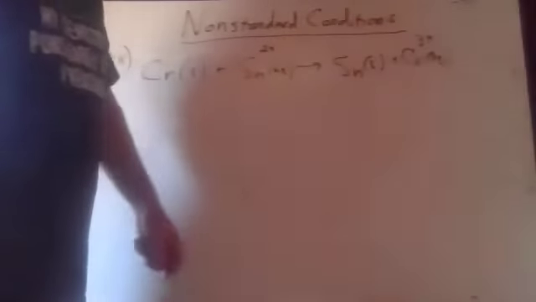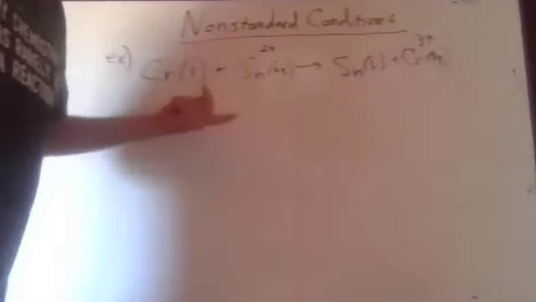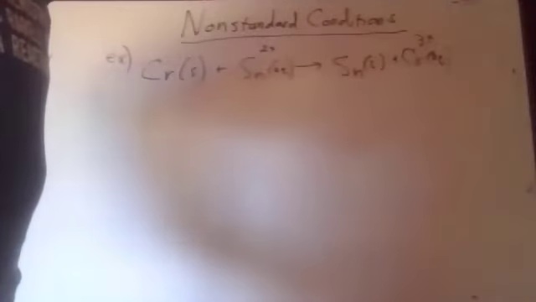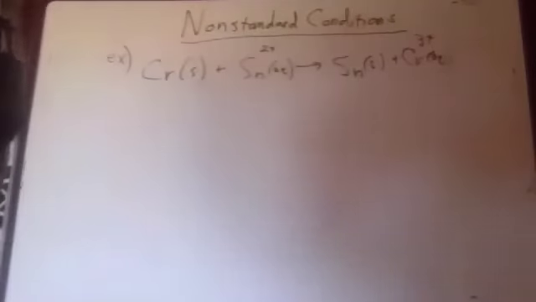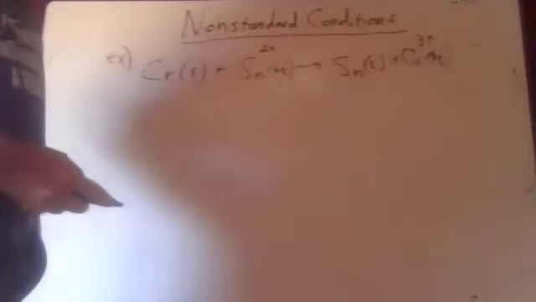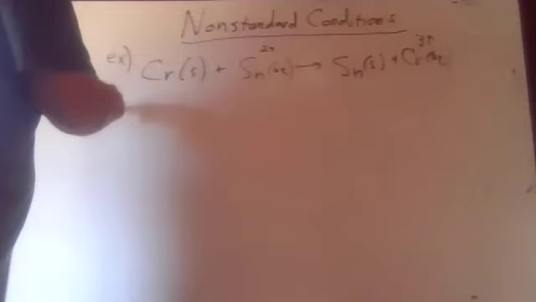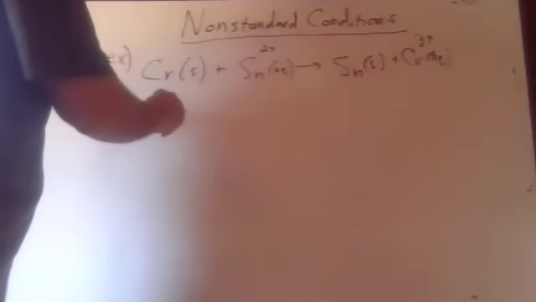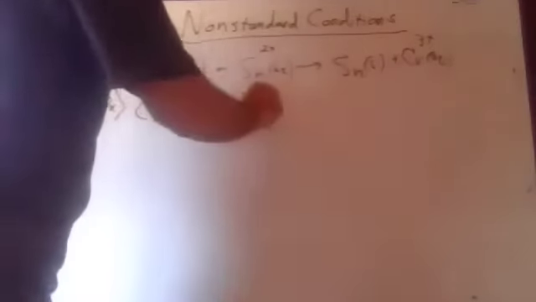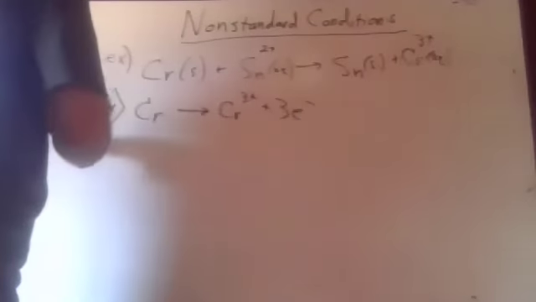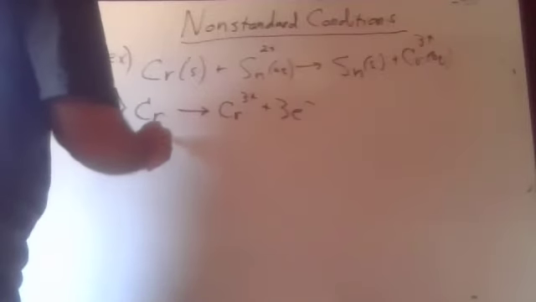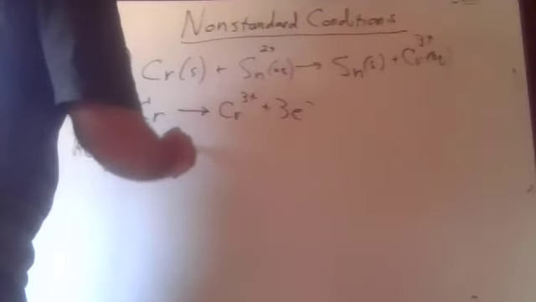Okay, so that's our unbalanced equation. I'm going to balance it by doing half reactions. I could just balance the charge, but I think it's easier to see where the electrons come in when I do the half reactions. So let's write these half reactions here. We have the oxidation half reaction: chromium goes to Cr3+ plus 3 electrons. And then we have the reduction: Sn2+ plus 2 electrons